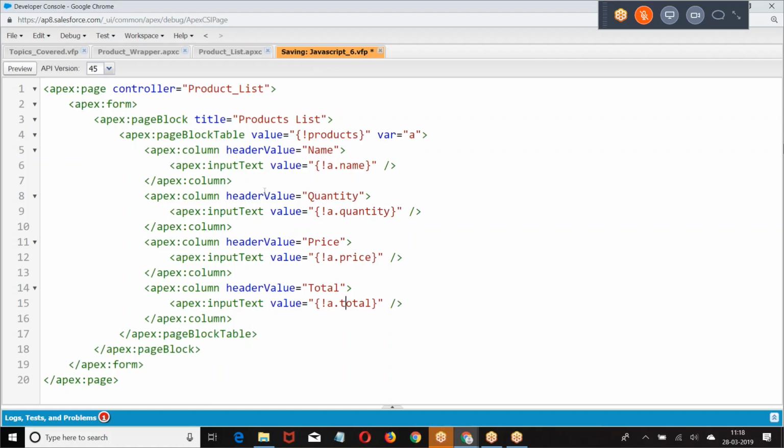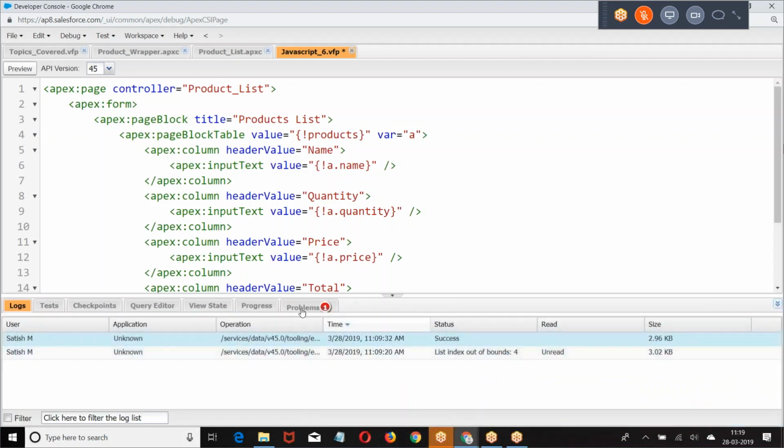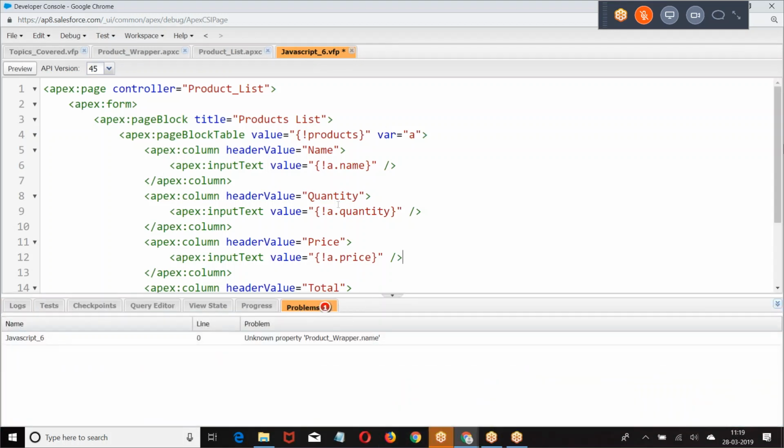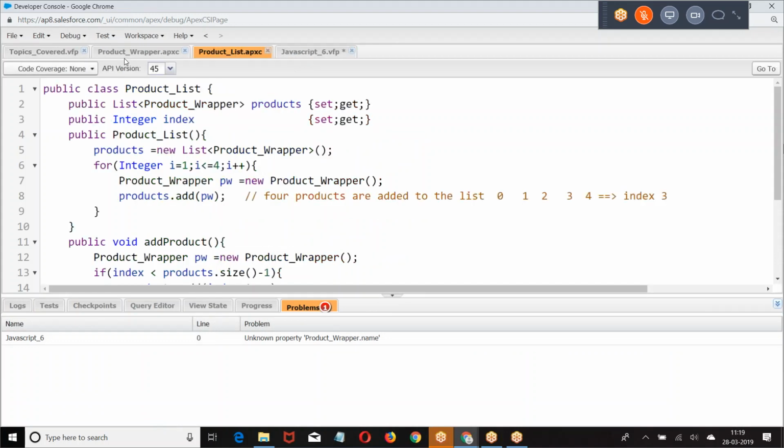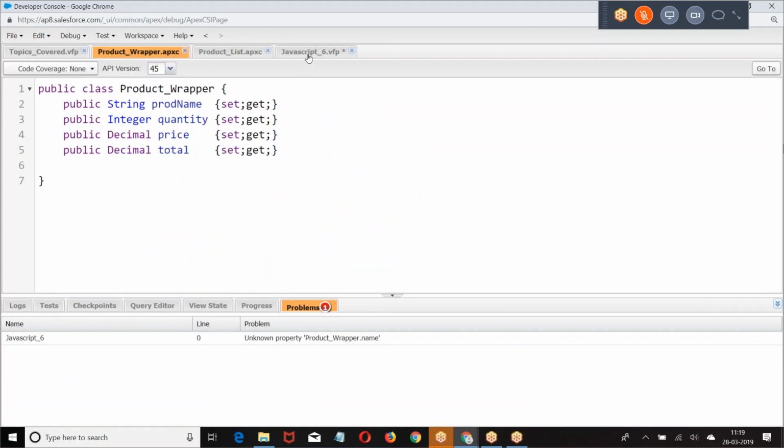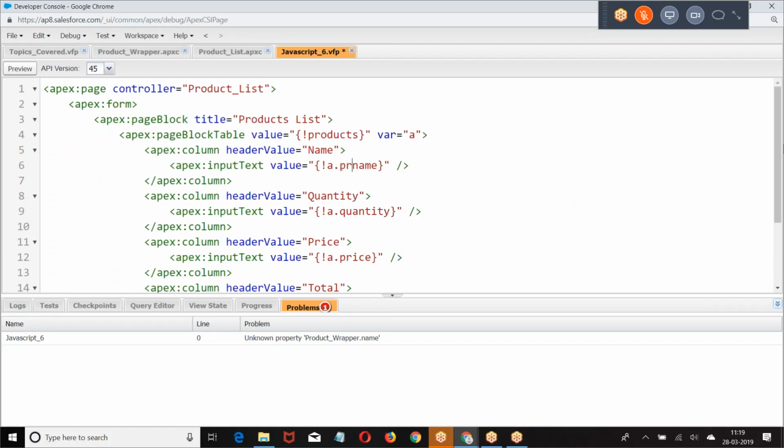First, let me show the UI part. Then we discuss how to create a JavaScript. So let us save this.